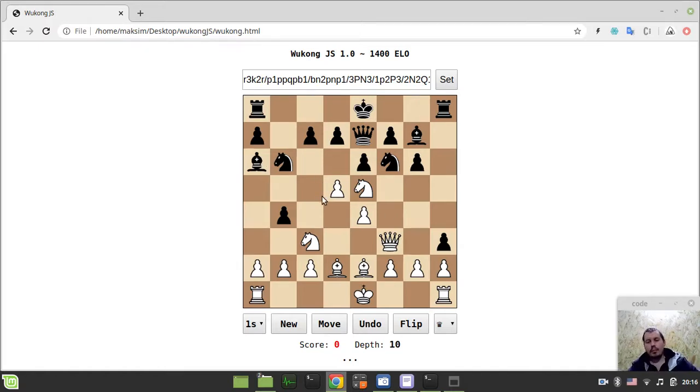By the way, one of the tricks regarding this Wukong JavaScript chess engine is that you can switch it to a mode where you can just move the pieces on the board. You're not allowed to make illegal moves, only legal moves, and you can take back. So if you want to demonstrate something, that's another use case for this chess engine. Without further ado,